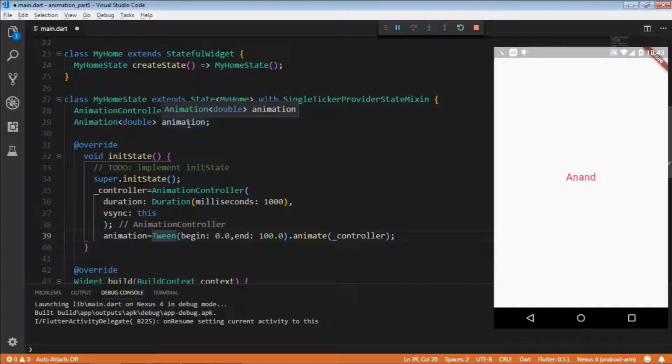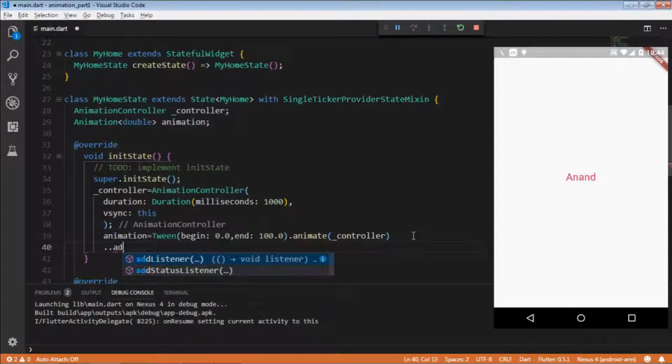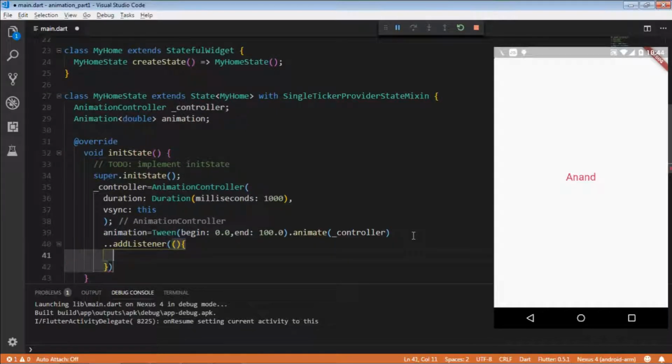of the controller, and this controller will generate values for every frame. So to listen to changes of the frame, we need to add one function, that is addListener. addListener will be called for every change in the controller value, and it will update the value of animation. So let us create a function here, and in this what we can do is